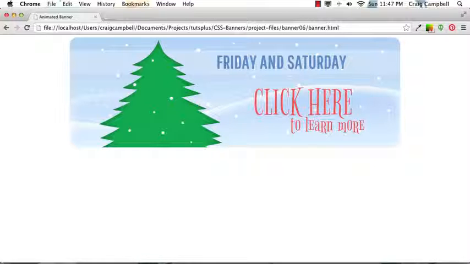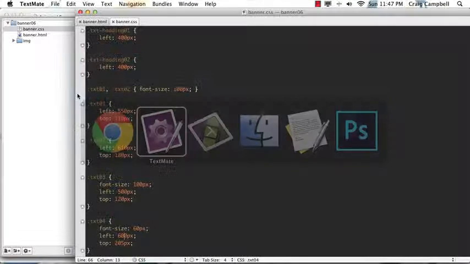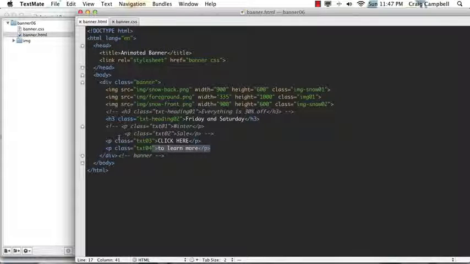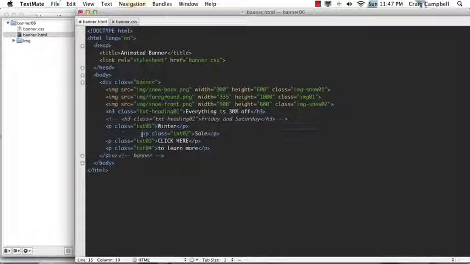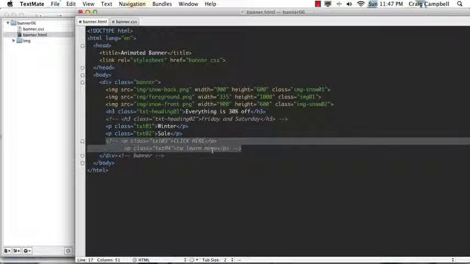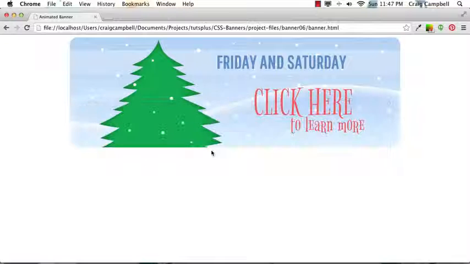So for now, I'm going to turn off this text here and go back to our original text, or our first set of text. So we'll go back into TextMate here, go back into our HTML. And once again, I'm going to uncomment this first line, or this first heading, and re-comment the second heading. And then we'll uncomment these first two paragraphs. And sometimes we might need to redo the indentation there a little bit. And then we'll put another comment around the second two paragraphs there. So once again, let's save it, go back to our page and refresh it,